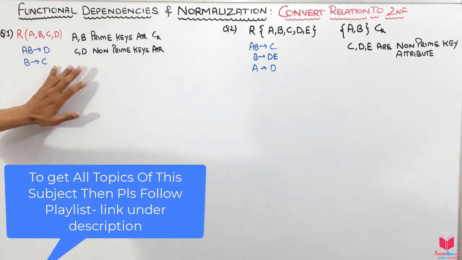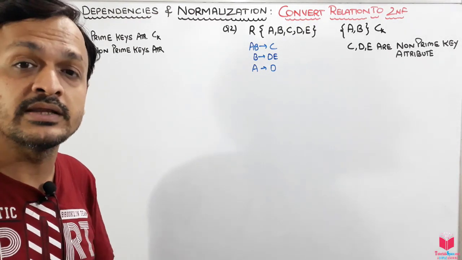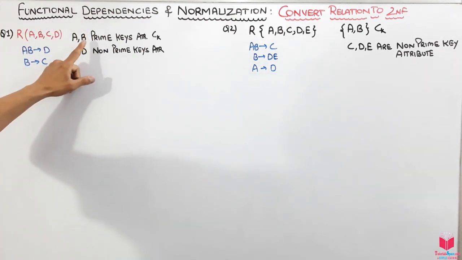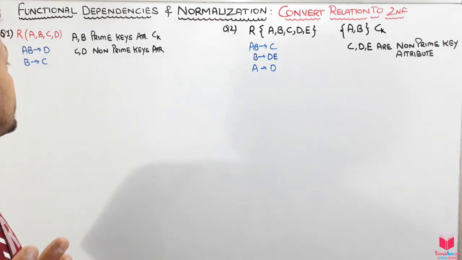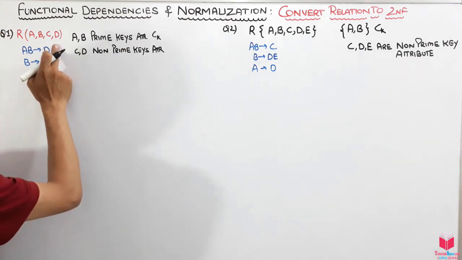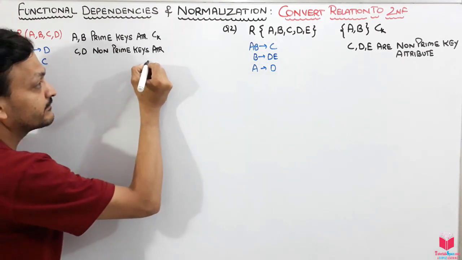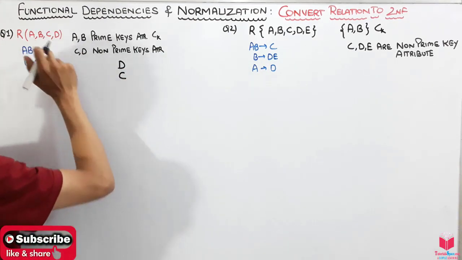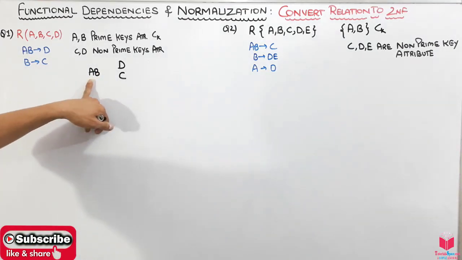But let's suppose we have already done how, if this kind of relation is given with the functional dependencies, we can find the candidate keys by using the concept of closure. So first we verify that key AB is a candidate key. Let's see how, as I already taught you how we can find the candidate key. From these functional dependencies, let's take all the right-hand side attributes, which are D and C. What are the remaining attributes from all the attributes? That is A, B. So we will find whether AB is a candidate key or not.